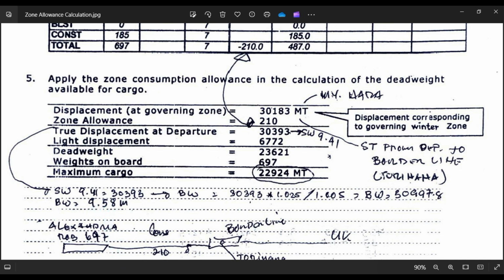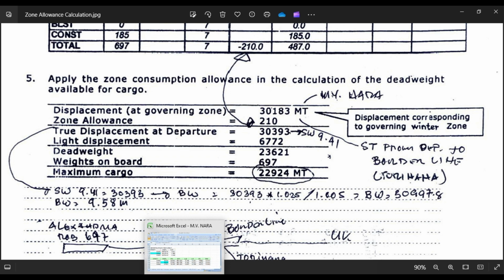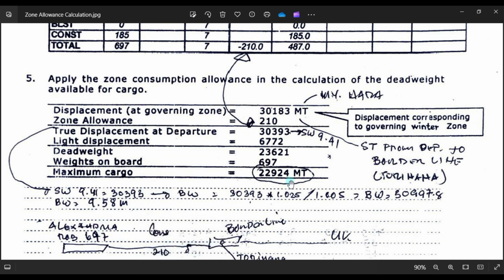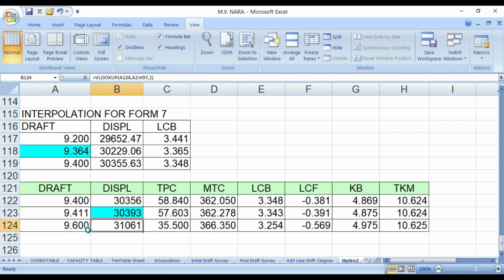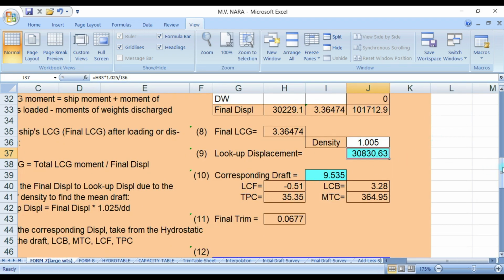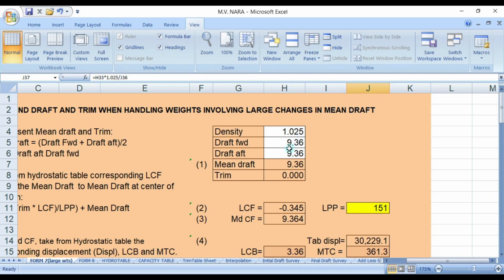So let's investigate. Corresponding drop will be 9.411. Okay, so let's investigate, guys. So that will be seawater 1.025. So put here 9.411.